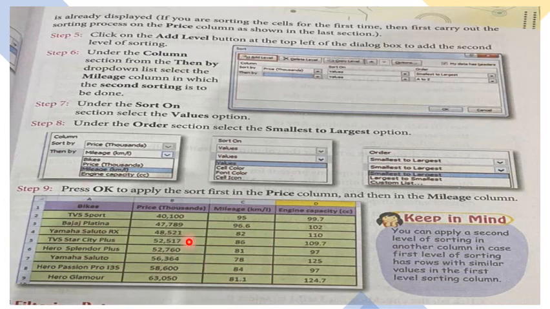Now students, see this table. If I want to apply sorting on two columns, column B and column C, you will choose Sort by and then column B, that is your prices, then Sort On values and in which order. After that you will click on the Add Level button. After clicking on Add Level you will get these options. Then by, this is your second column, that is mileage. Sort on values, and which order, smallest to largest. After that click on the OK button. What will you find? You will get the data, prices in increasing order and mileage in decreasing order. We have done sorting on two columns.